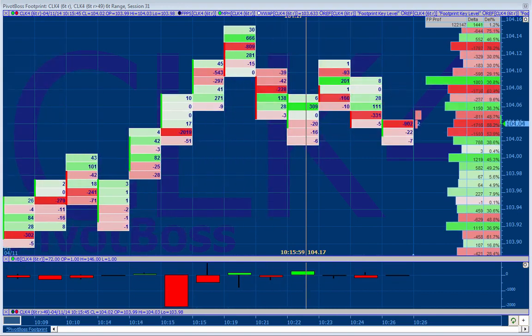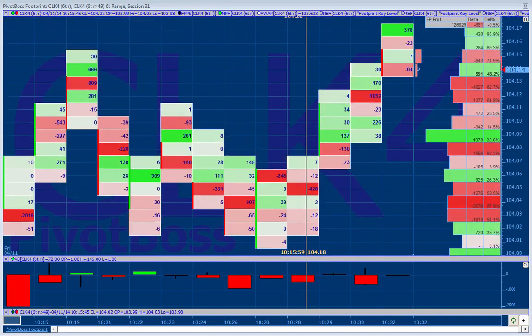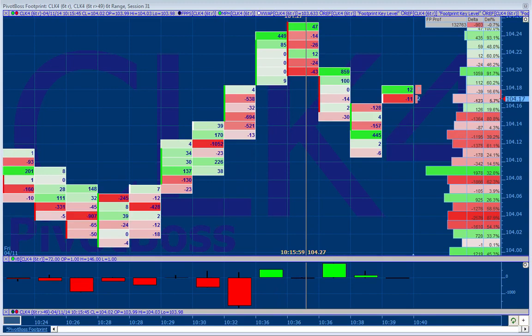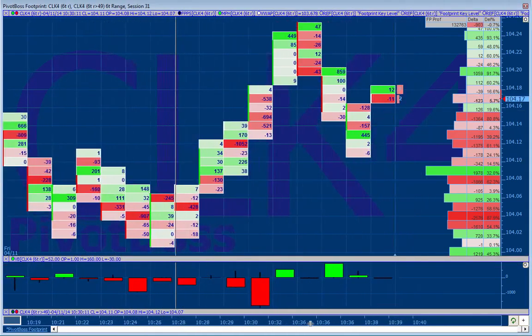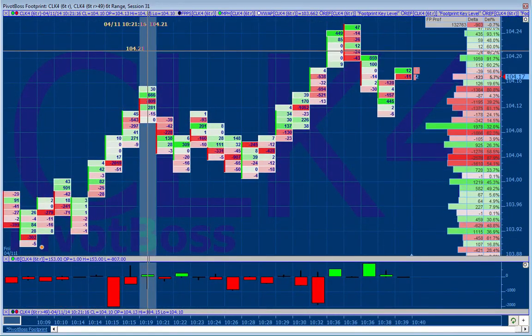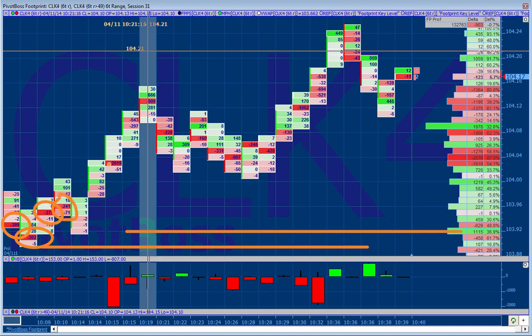Okay, so price right now still holding above the 103.88 to 103.90 LVN and is testing highs now. And as we push forward, let's pause it for a moment. You can see one thing here. After price pushes back to 103.88 to 103.92, right? That was our area of support where absorption's happening. Look at the sells that come in right here and look at how price rolls higher.